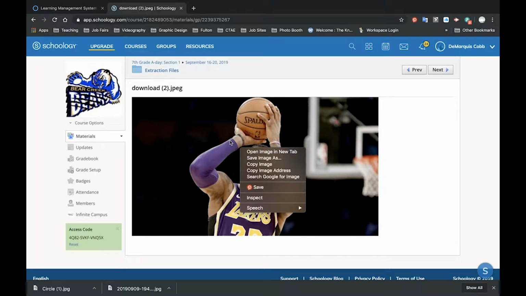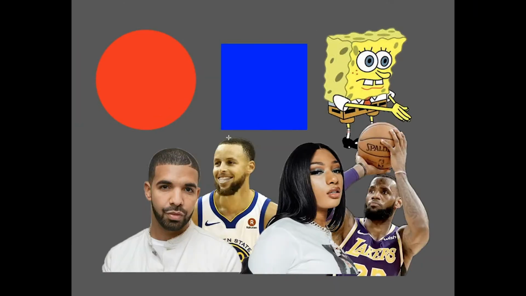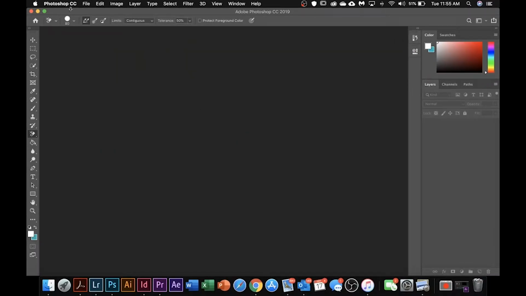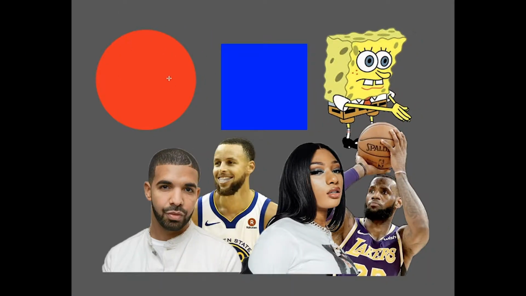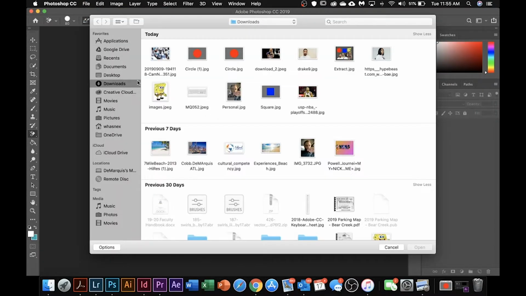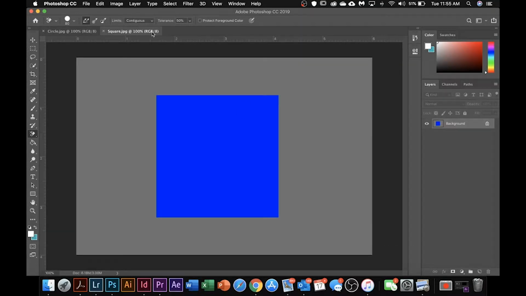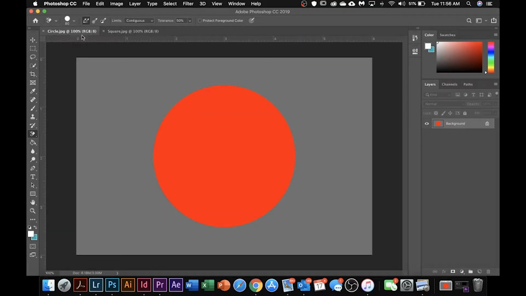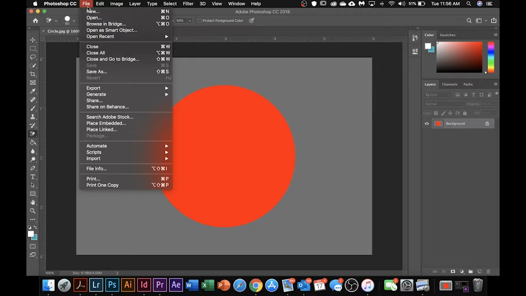Once you have all of those images downloaded, we're going to go back to Photoshop, and I want you to open the red and the blue square in Photoshop. Now that we have both of these open, we're going to need a new document to add these to. So go to File, New,